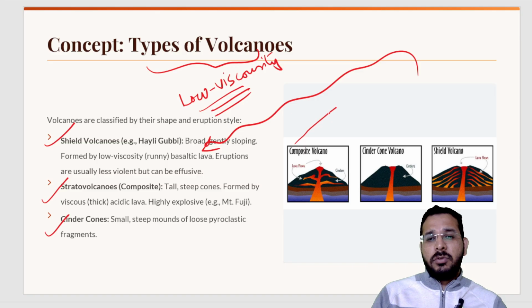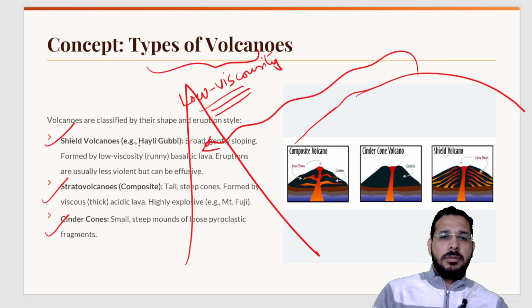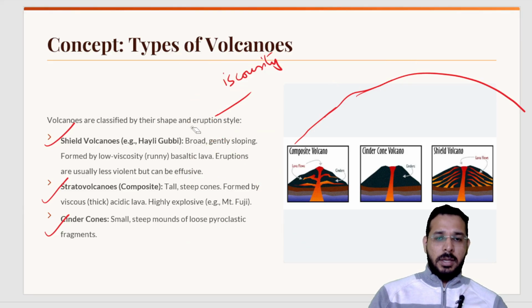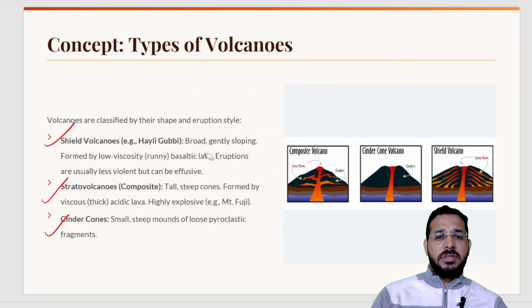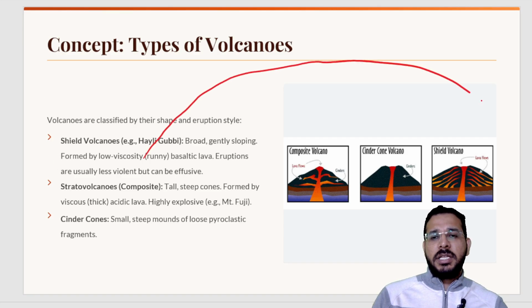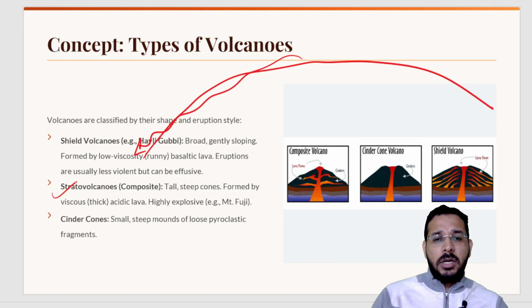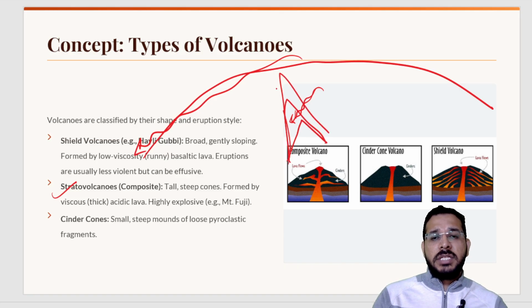So the volcanic structures, mountains which are formed are like this. They are not tall like this. They are like shields. Hence they are called shield volcano because of the less viscosity of the lava. The volcanoes are forming like this because the magma is flowing to big distances. Whereas in case of stratovolcanoes, the lava or magma is acidic and also it is highly viscous, thick lava. So it will slowly flow and at some distance only it will get solidified, because of which the height of the mountains will increase.